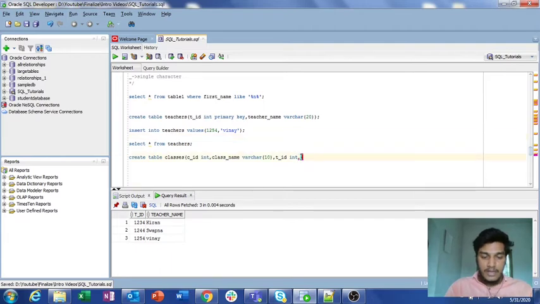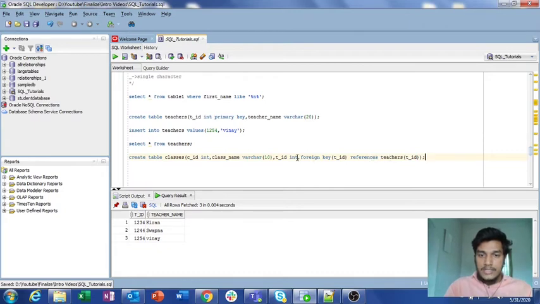The declaration for this is foreign key of T_ID, whatever column you need to specify as a foreign key, and references, and the reference column in the other table must be a primary key. And references, the table is teachers, the id is t_id. Here t_id is a primary key, so that's why it is not showing any error.